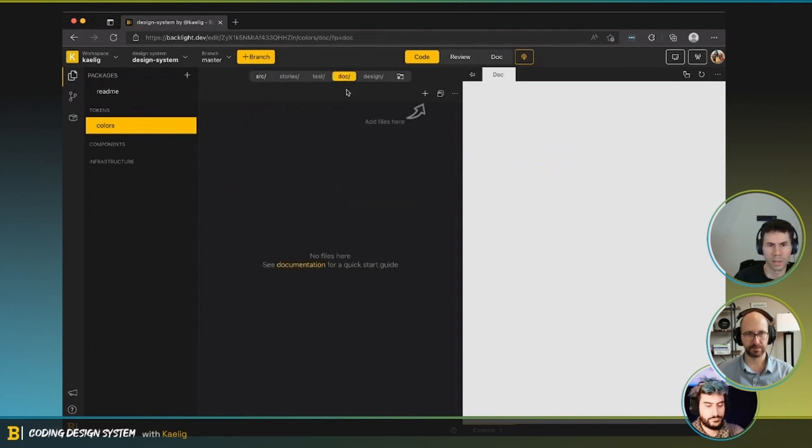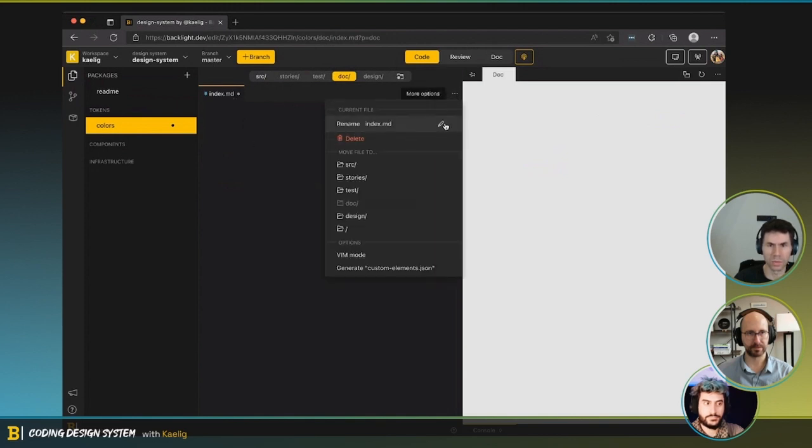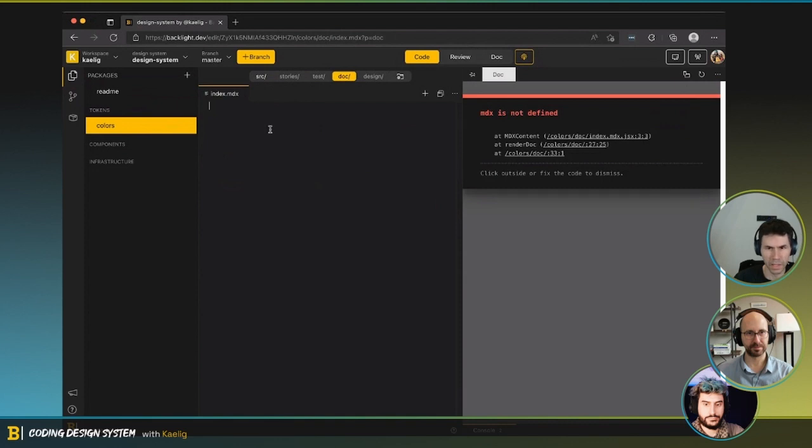So I'm going to do it in the doc, and then in the doc, I'm just going to do an index MD. Actually, I'm going to do an MDX because we are in React. It would be very nice and easy. So then I need a few imports, but that's okay.